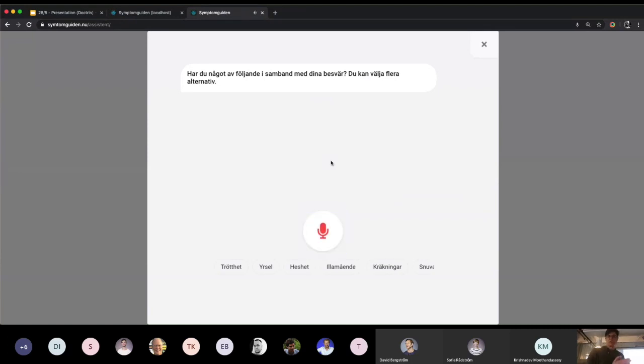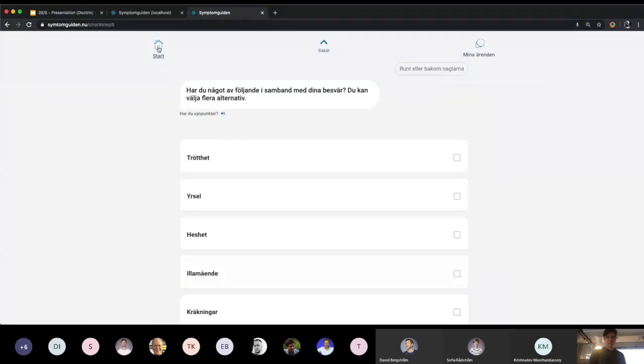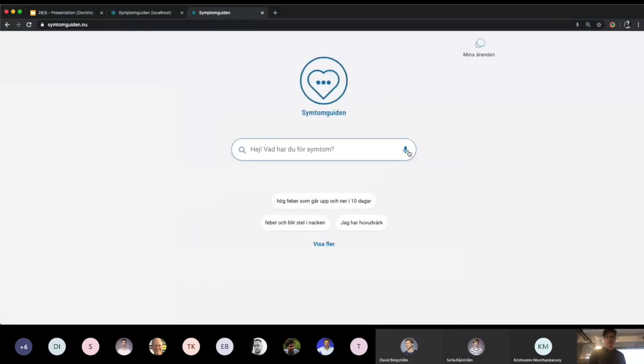I just want to show that I don't push any buttons. It will continue with this flow only using voice. So that's kind of cool, I think. And in the hackathon we did in February, we actually used the space bar, but this makes it more easily interactive. I also did a very funny thing that